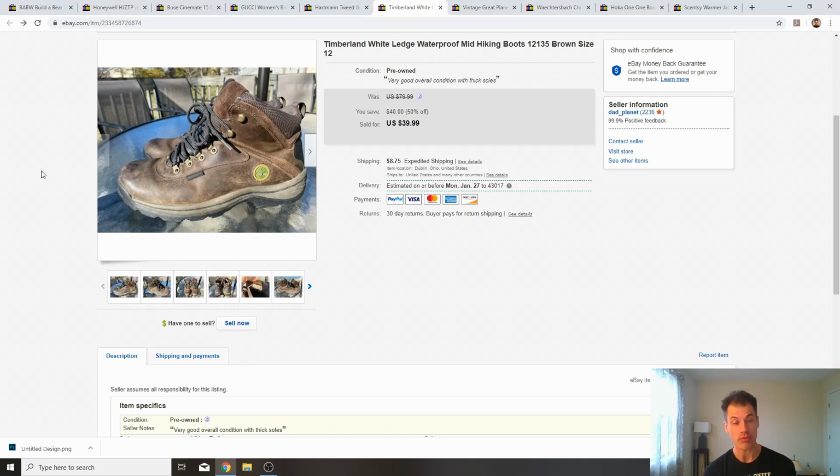I'm not even sure what provoked me to look these up, because the uppers showed some wear and tear, although they are still in very good condition overall. You can see there's scuffs on the front, and they were certainly worn, but the soles were very, very thick. So anyway, I looked up the number Timberland 12135 and saw that that number corresponds with the white ledge